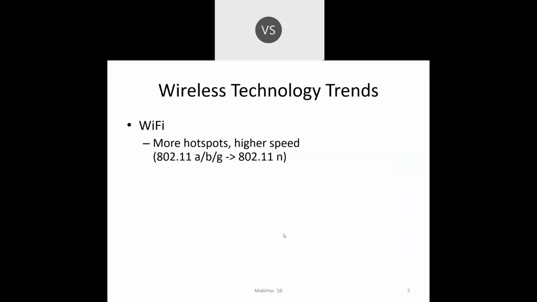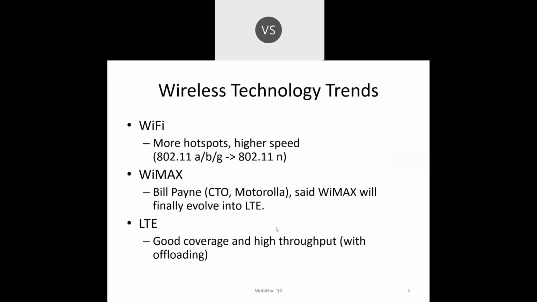Next, we have the wireless technology trends, in which three things are discussed, like when we can